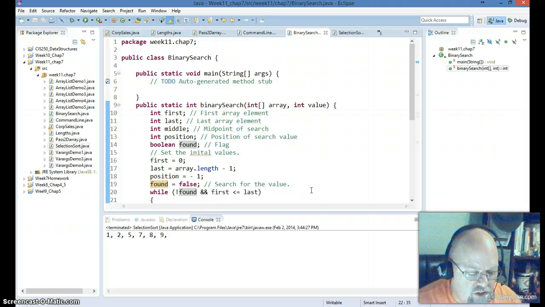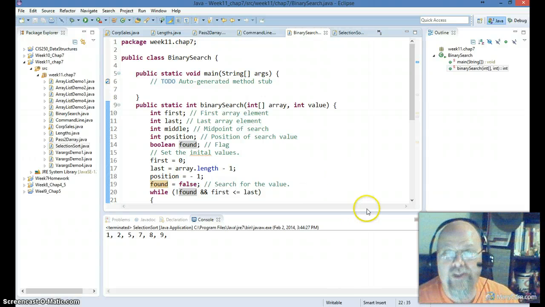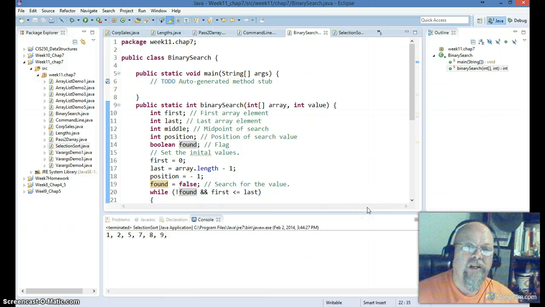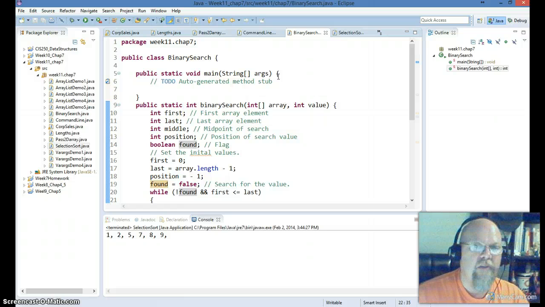Page 472 gets into what's called command line arguments and variable length arguments. This is when you invoke a Java program from the operating system command line, you can specify arguments that are passed to the main method. Okay, so notice how we have the args as an array in our main. So right here we've got String args. So if we're using the command line, we can actually get our program to execute and pass elements, or data of an array, to that guy. And so if we look at the command line,